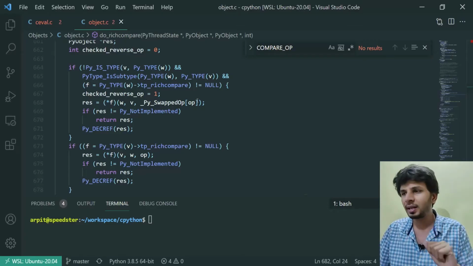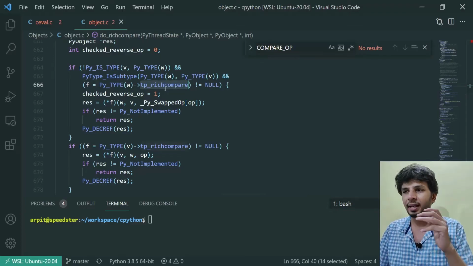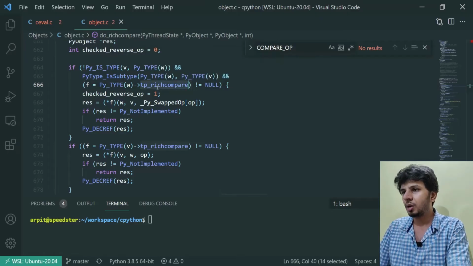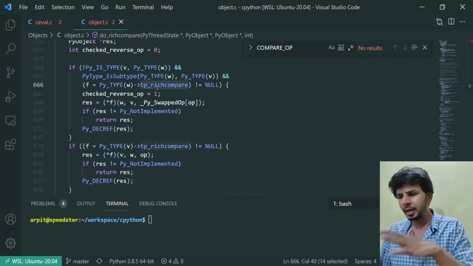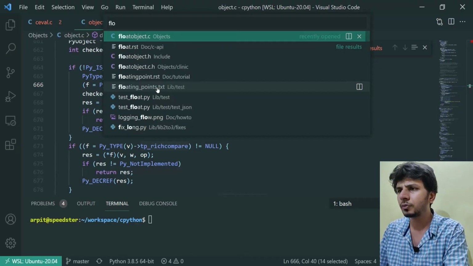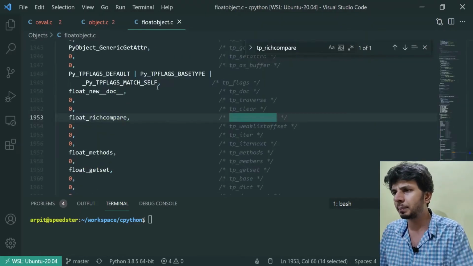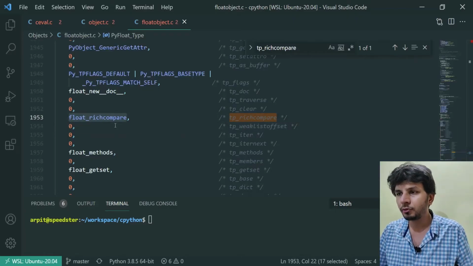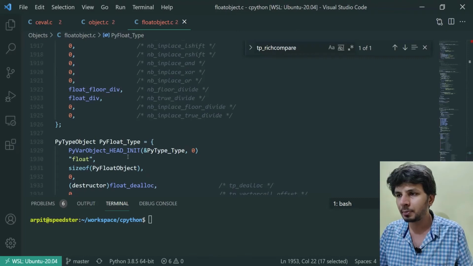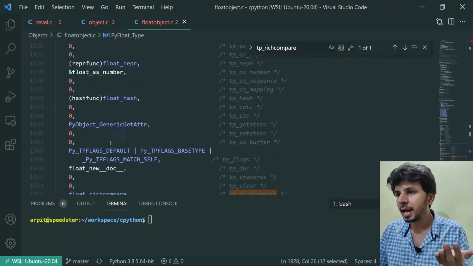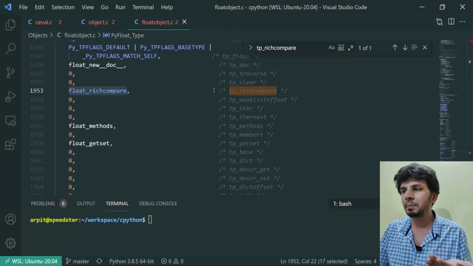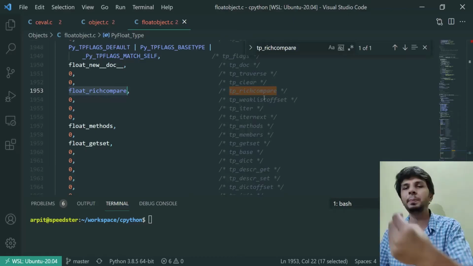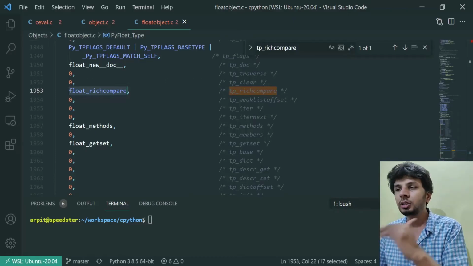So basically coming back to the logic, what we know is that there is something called tp_richcompare, which is what we'll see. So we know that we are trying to compare float to int. So let's open the float file, floatobject.c, and let's look out for tp_richcompare. Yeah, here it is. So tp_richcompare, in this position there is float_richcompare. So this must be the float type object. Indeed it is the float type object, and within it there is this float_richcompare function at the slot of tp_richcompare, right?